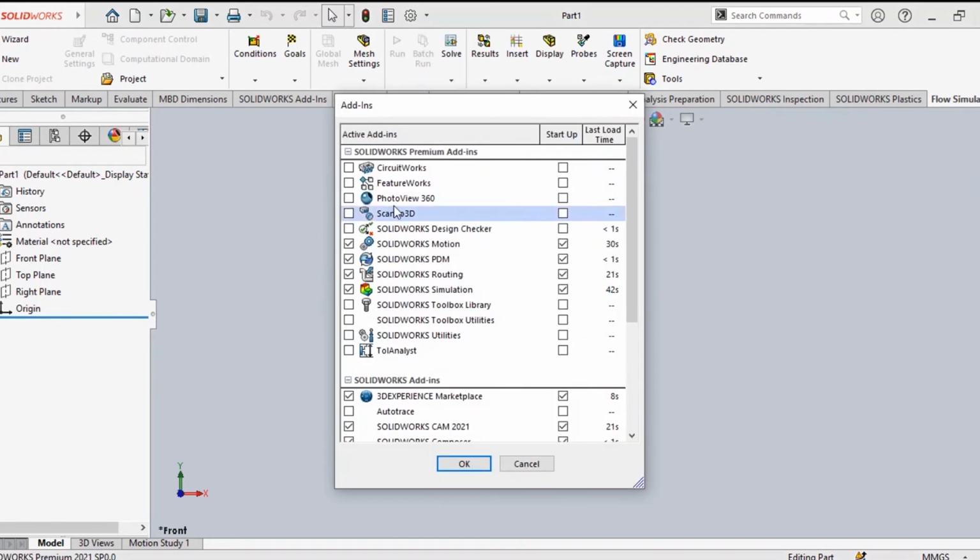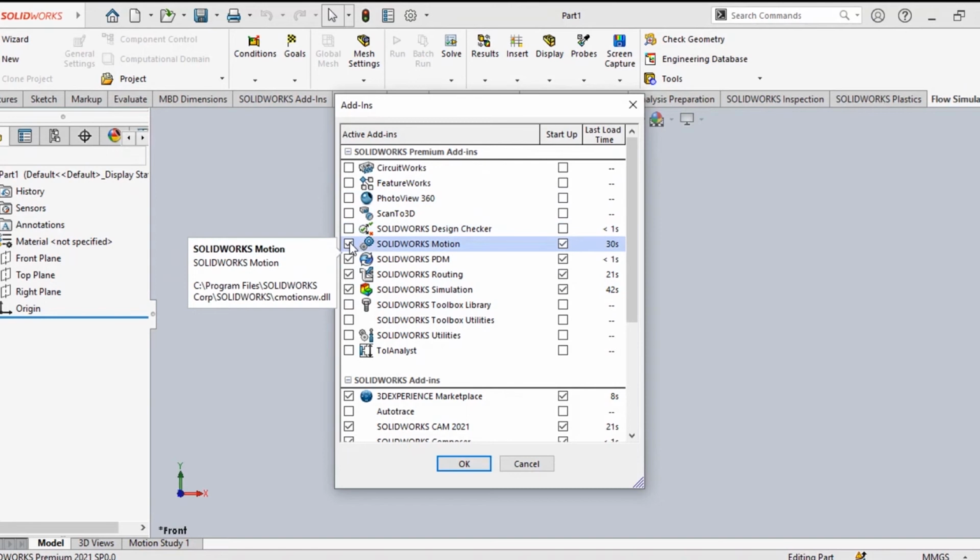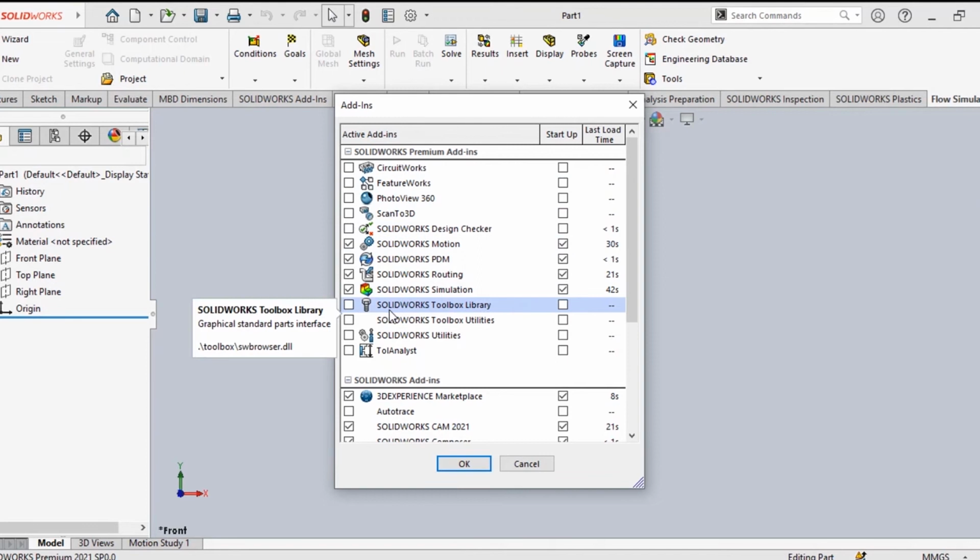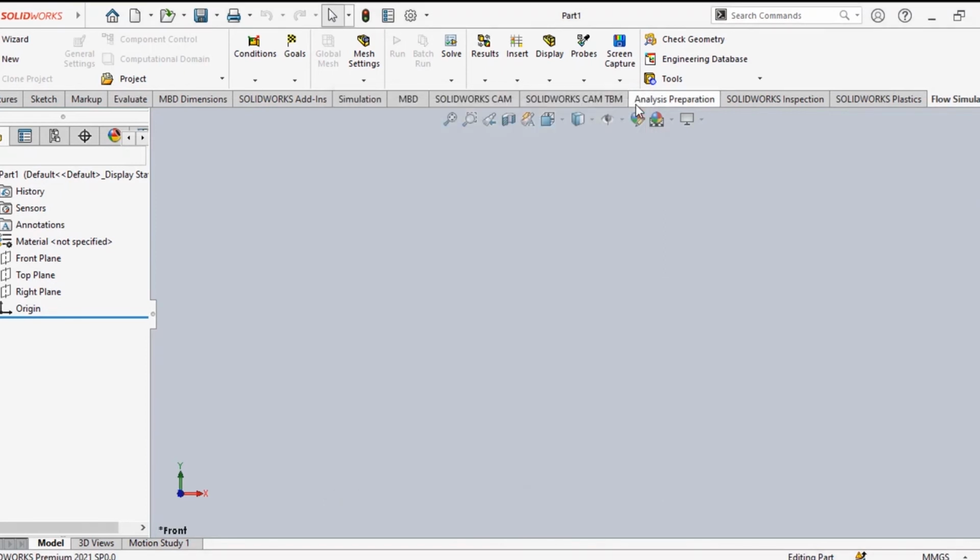Add-ins. Now in add-ins, you can see what the things available are. That one you can take from here. Click the check mark and get it inside. So everything will be taken, whatever you want. But we don't want these things right now. Our task is to start mainly with your sketch and features.